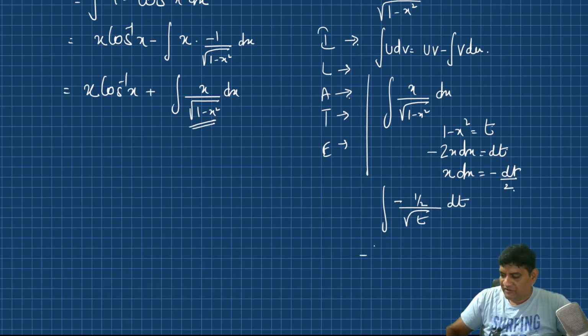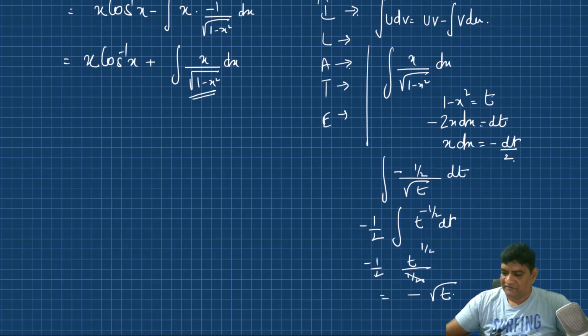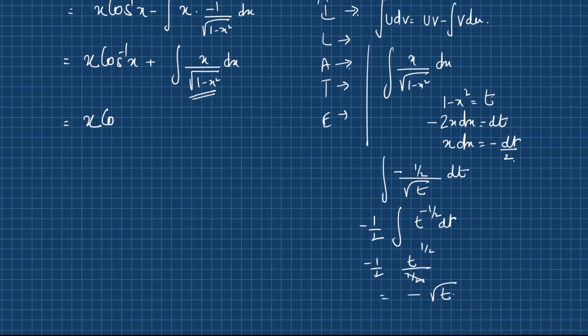So I can take a negative 1 over 2 common out, and then integral t to the power of minus half dt. And the integral of t to the power of minus half is simply t to the power of half divided by half. These two will get cancelled. So what I remain with is minus root t, plus a constant, of course, but I'm not going to write that here. I'm going to simply write this as